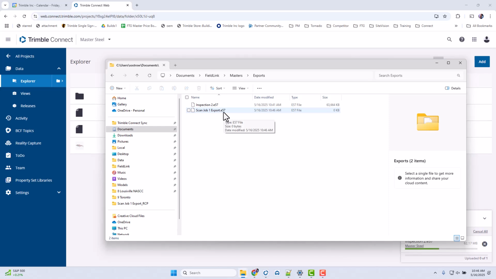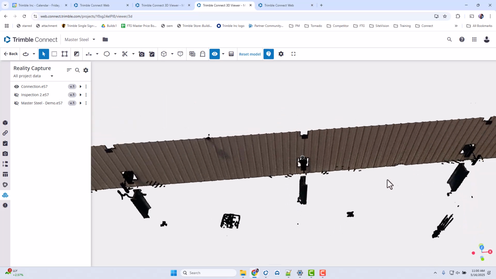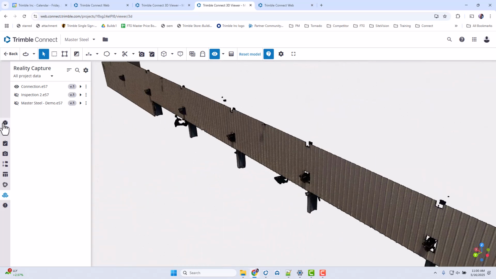If I was in Tekla, I could stream directly from Connect. If I'm in SDS2 or Advanced Steel or Revit or AutoCAD, I need to download those and just insert them into the CAD software. So we'll load those up and then show you what it looks like on Connect, and hopefully that's a good little workflow to show you how to use the scan data, align it to the model, and export, kind of a full workflow. And so here we have just the connection pieces, and if we load up the model,